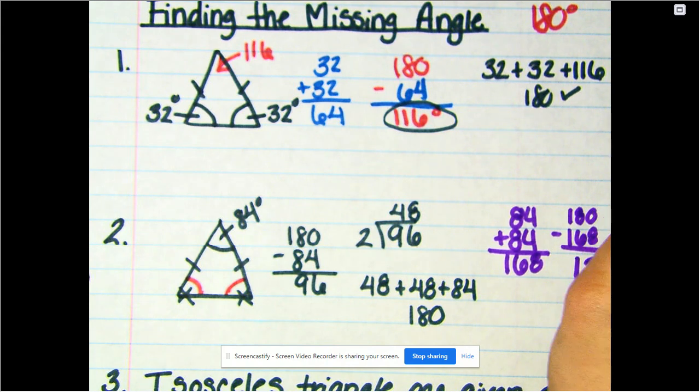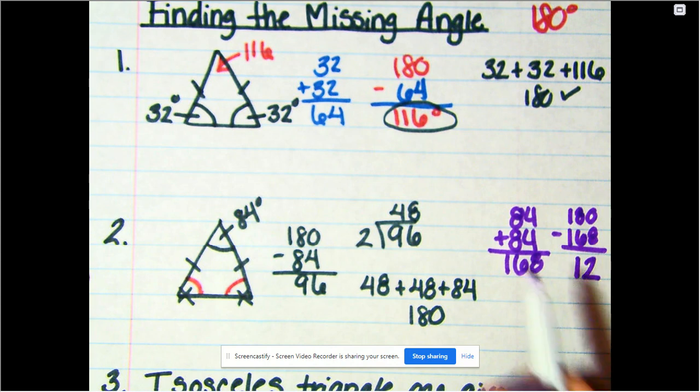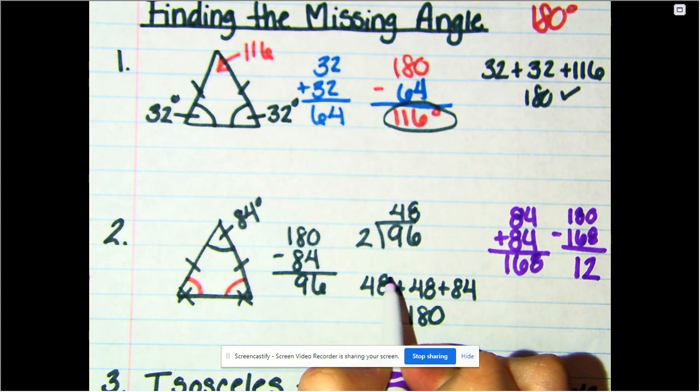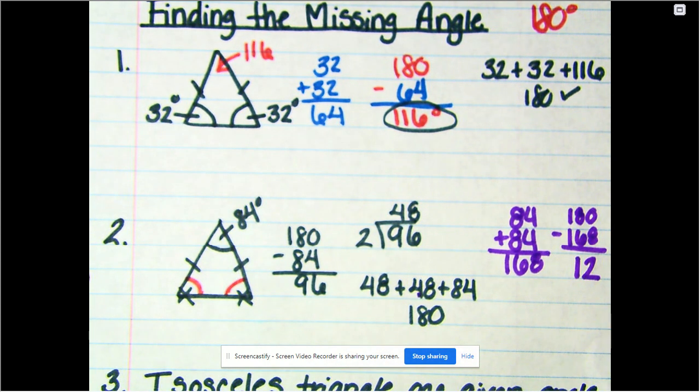is 12. So the missing angle could be 48, being 48, 48, or the missing angles could be 12, being 84, 84, and 12. Luckily for you, these questions show up on multiple choice and not a gridded response or an open-ended, because there are different possibilities. With that being said, the two possibles, let me just make sure I write those out clearly, is 48